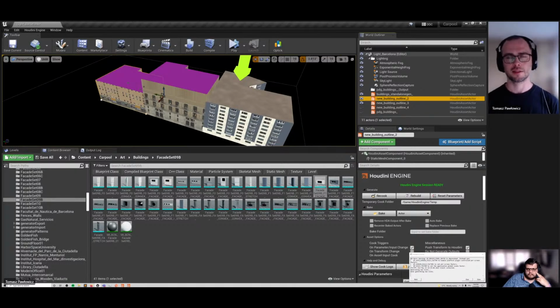Houdini Engine is working only offline in the editor. It is not in a real game. To see it in a real game, you need to bake it. So you get the data from Houdini Engine, you bake it into the object, and